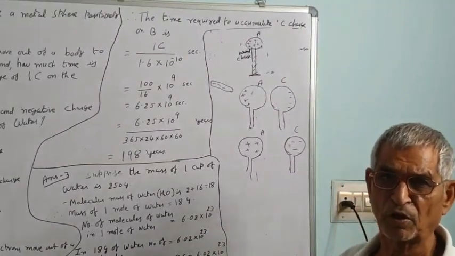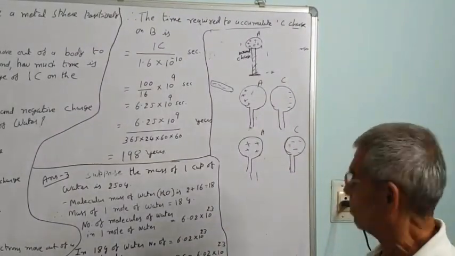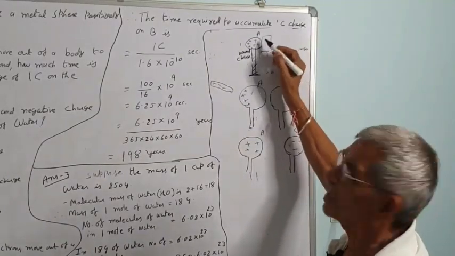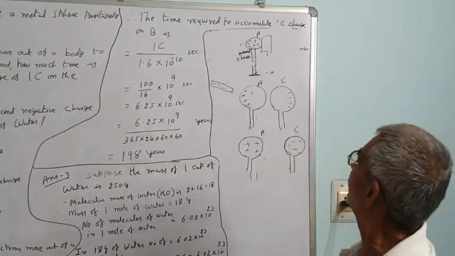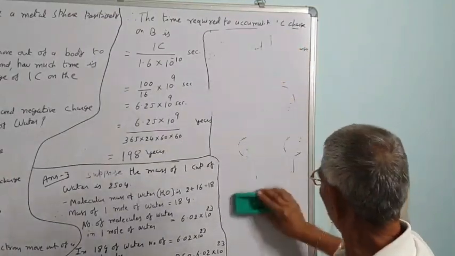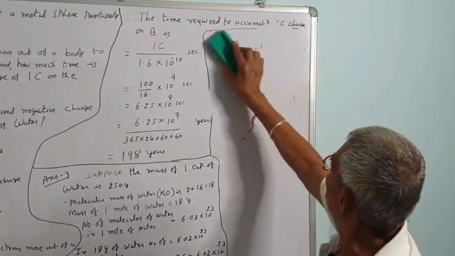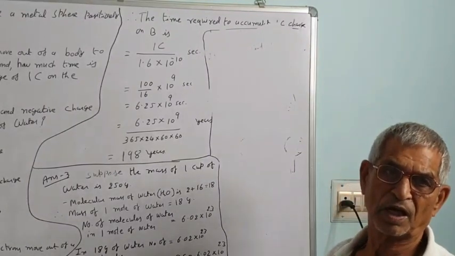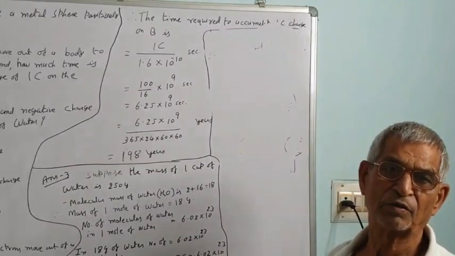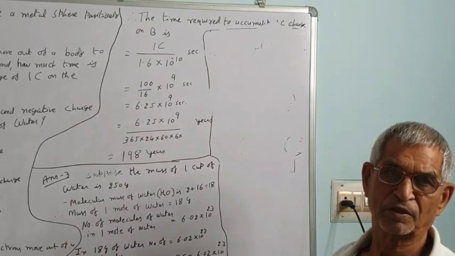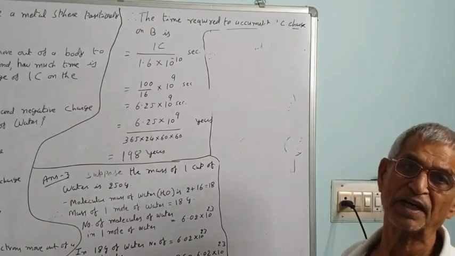Instead of that, you can use the plate also. If you take the plate, the negative charge will come on the plate instead of this. So there are various ways to remove it. There are two induced charges, negative and positive. You have to remove one. Now if you want to charge this metal sphere negatively, you will have to take the glass rod, the opposite, because it induces opposite charge on the near end.